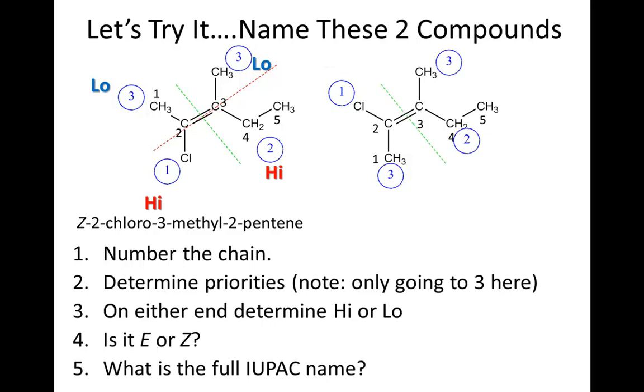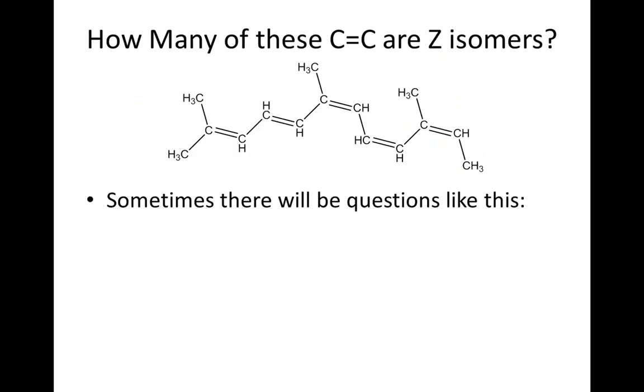And so this one is E-2-chloro-3-methyl-2-pentene. Another kind of question, sometimes you'll see a lot of natural molecules have a lot of double bonds in them. So here's another kind of question that you might have